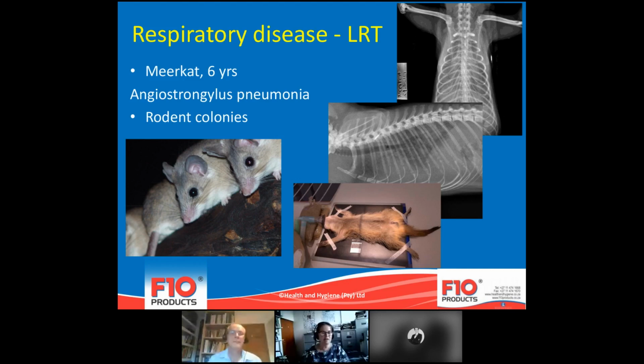And then this one, I put in there just to show that even species that you might be a bit wary of doing too much with, it's relatively easy to nebulize them. So this was a meerkat with quite a nasty pneumonia. It actually turned out to be an Angiostrongylus lungworm pneumonia. We did euthanize this one in the end, but while we were making that diagnosis,